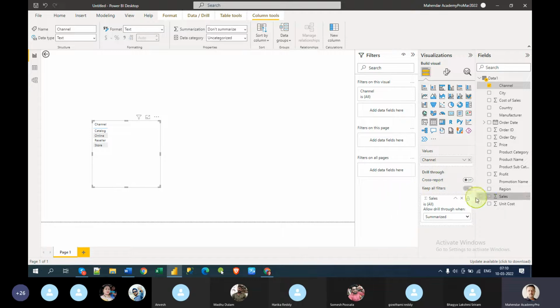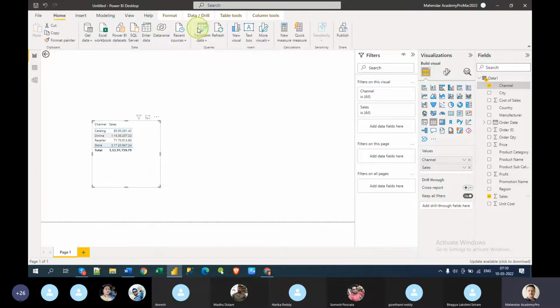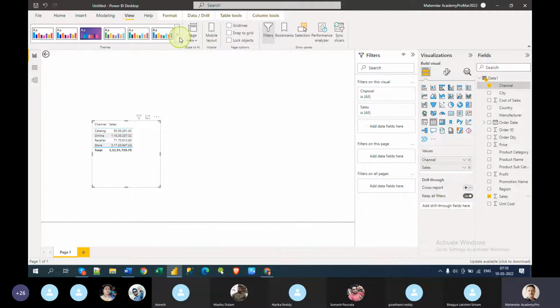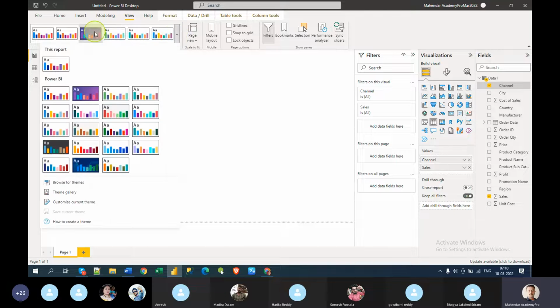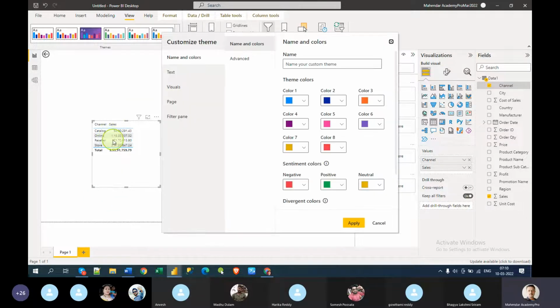Now what is this? Come on. See, let me do one thing here. Go to View, and we will discuss this later, but for now, under View there is an option called Customize current theme. What is that? I want to make this font a little bit bigger.